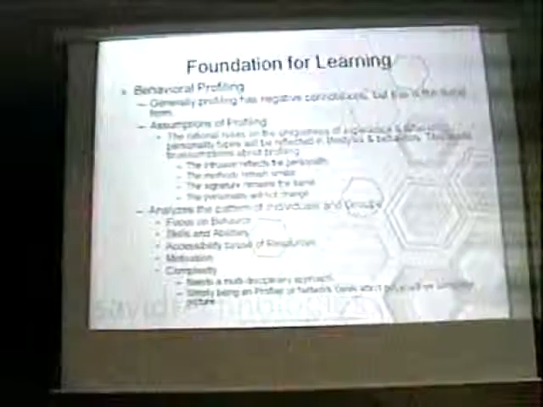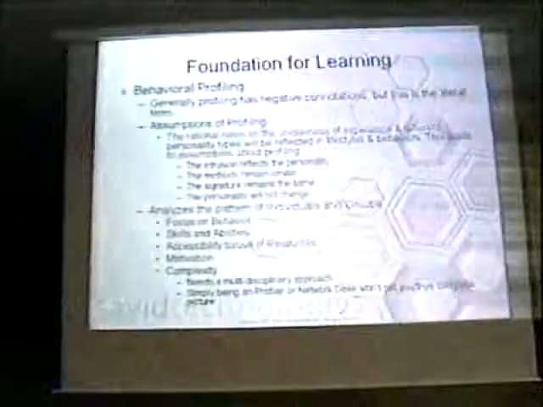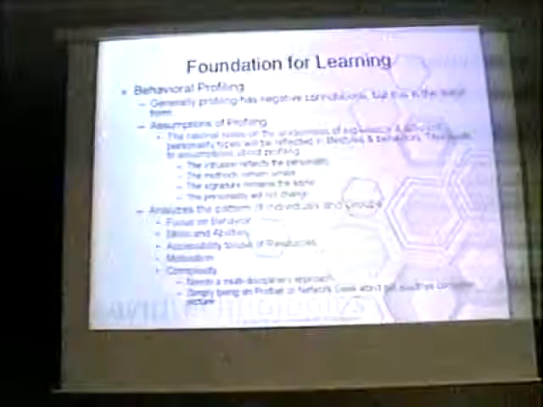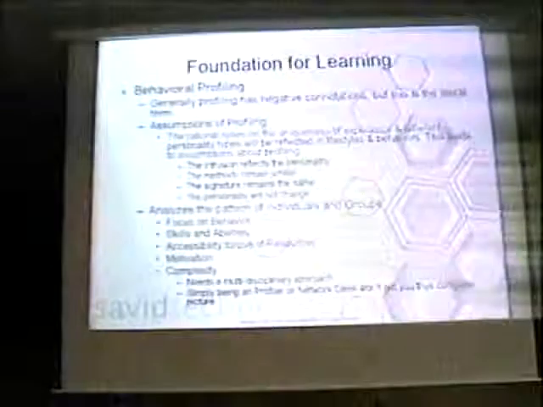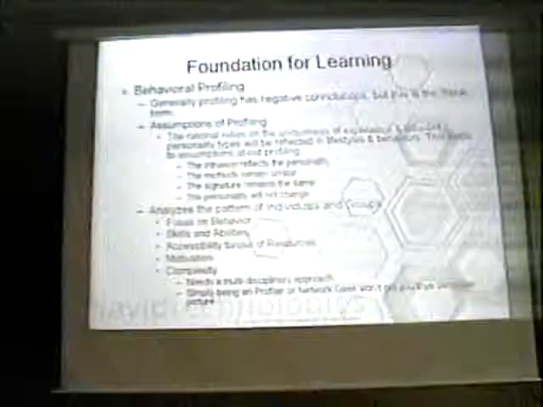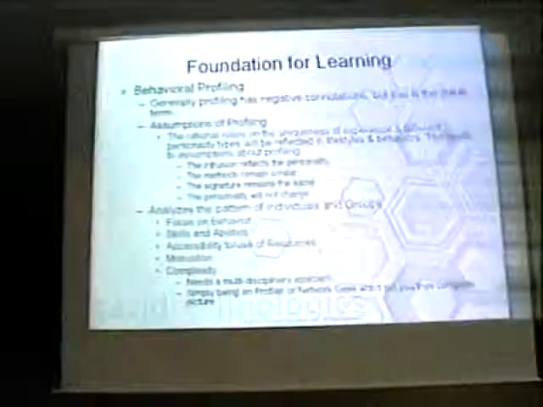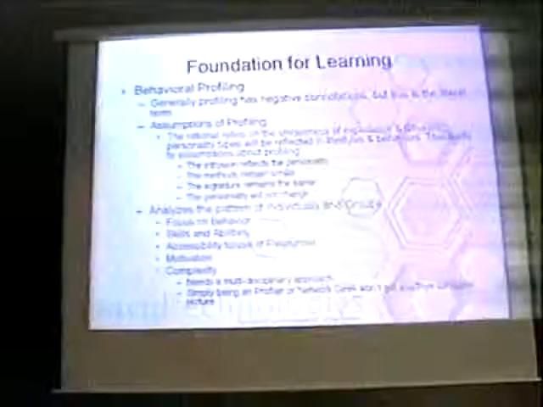The law enforcement organizations try to analyze the patterns of individuals and groups based on what they hit, how they hit it, what they were after, what they did when they took a system down. And they focus on the behavior of that attack or individual. The skills and abilities: were custom tools used, or open tools that are widely known in the public domain? How long did the attack take to occur? How long was that entity in the system? And the complexity of the attack. Did they know about the network? They seem to go right through the system, right to what they're going after. Or they have to fumble around for months, weeks, days, whatever.